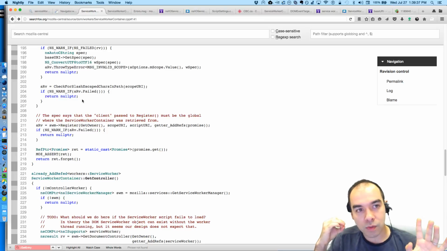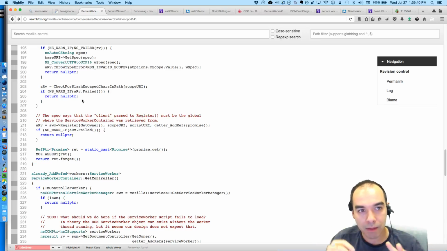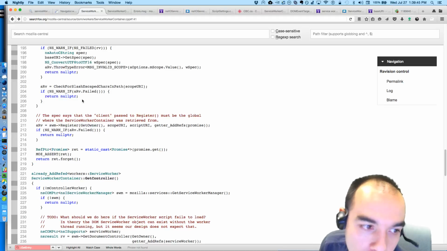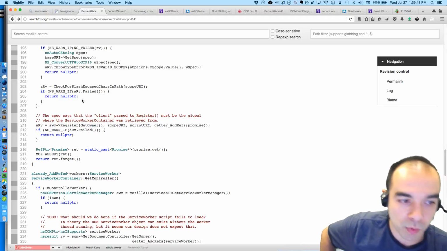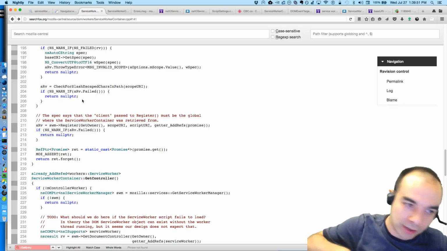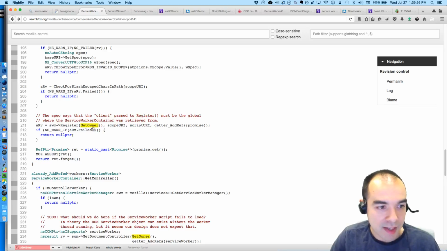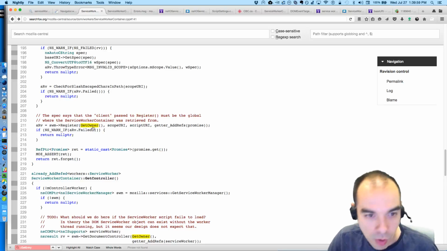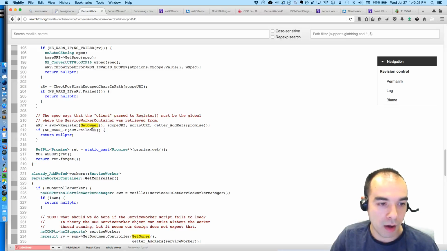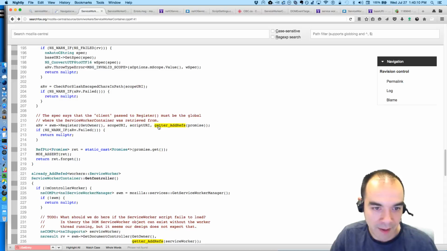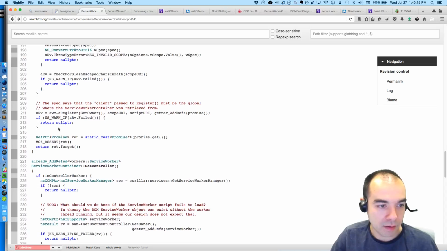Service worker manager is, I have a feeling, actually the big important piece. Service worker container, just from reading it, is actually quite short and appears to be what we expose to the web. And service worker manager is kind of like the big kahuna in the back doing all the stuff. So we call register on it. We call get owner. I guess that's the owner, the global scope of whatever called service worker. We pass in all of that stuff we just generated, the scope URI, the script URI, and if things go wrong, we throw an exception and no promise.